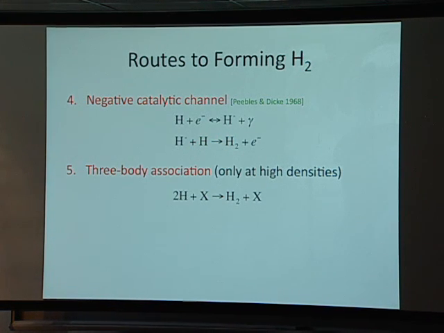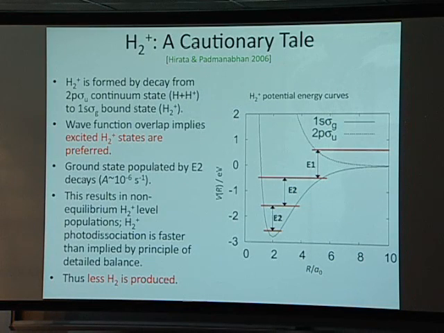And finally, you imagine at very high densities, meaning only in collapsed virialized objects that may form the first stars, not in the general IGM, you could get three-body reactions, which are purely collisional. But something like this happening at intergalactic densities you can neglect. OK, so I told you that this kind of forward theorizing was dangerous, and I'll just give you one example of why, for a paper I had with Nikhil Padmanabhan about 4 years ago.